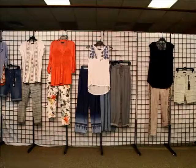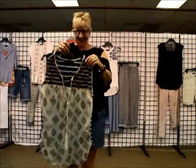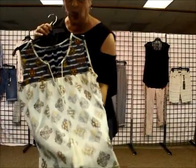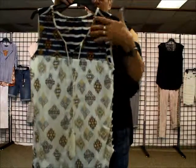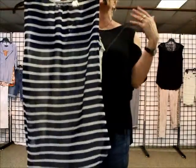And then Jennifer loves to mix fabrics. So this little baby has 3 fabrics too. So this is an amazing top. It's printed in our exclusive Trulux print. It's embroidered in the pattern from the print. It's got a cotton yoke, it's got hand-tied tassels, and the back is going to be more opaque,